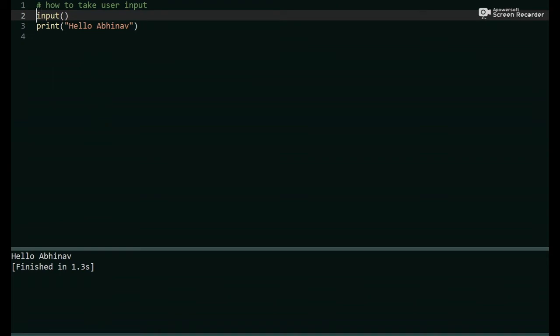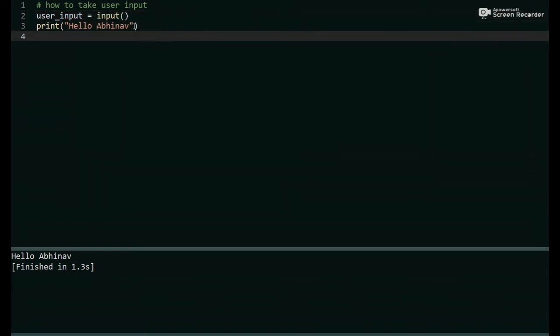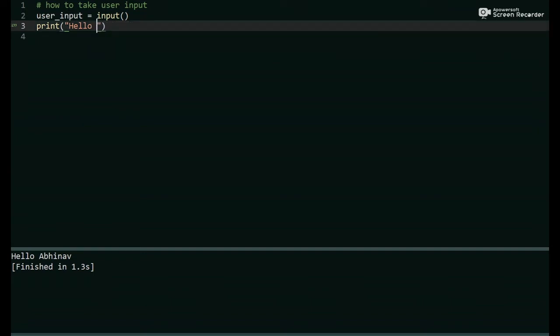But now the data that is being provided by the input function, that is taken from the user, we have to store it somewhere, right? So let's create a variable called, let's say, user underscore input is equal to the input function. And now let me just change this thing to hello, and then user underscore input, and I'm going to be using an f string. So f string basically means formatted strings. In f strings we can basically pass variables or Python expressions within these curly braces, and it is executed as a Python expression and not as a string. So if we run this